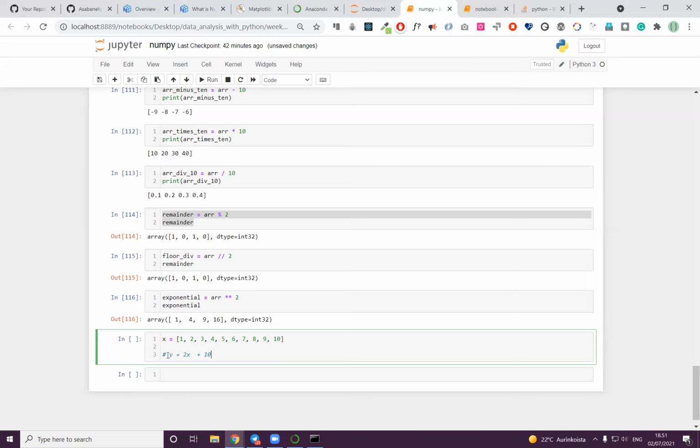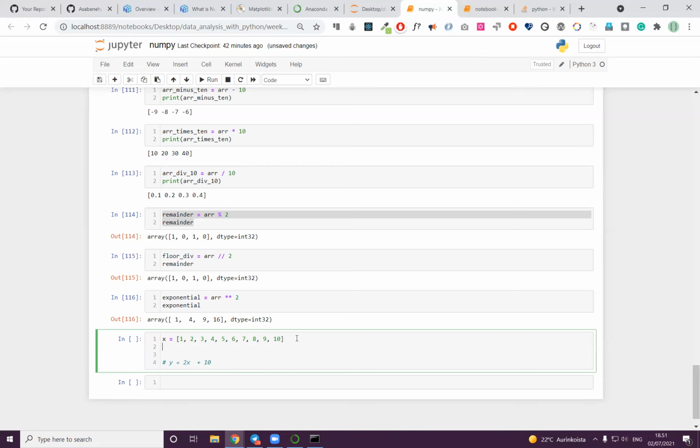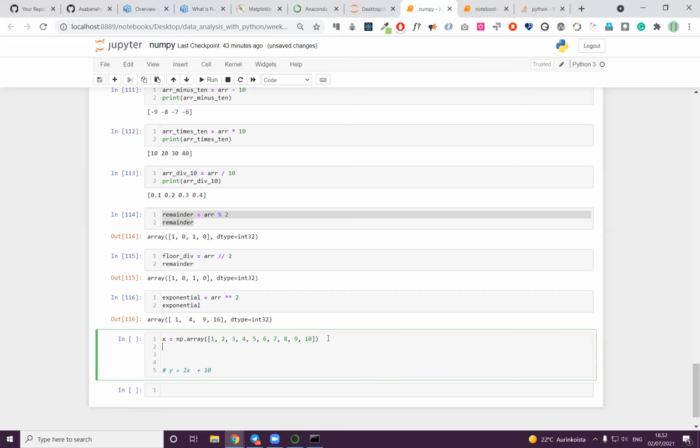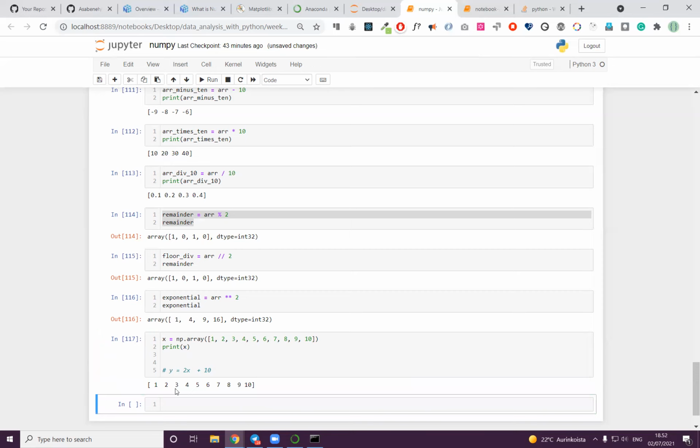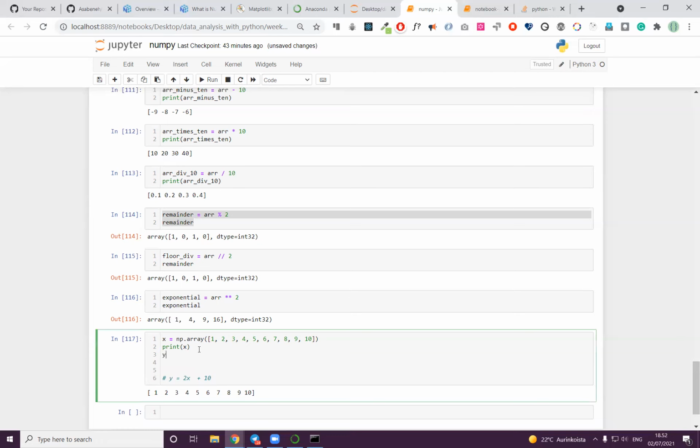Do you think it is hard to write this equation using NumPy? No, because NumPy is so smart. It's also good to change this value to a NumPy array itself, because you can just use np.array and put it inside. And then you have this NumPy array. Then what should you do? First, let's see what we have at x. As you can see, you have 1 to 10. Then y is equal to 2 times x,